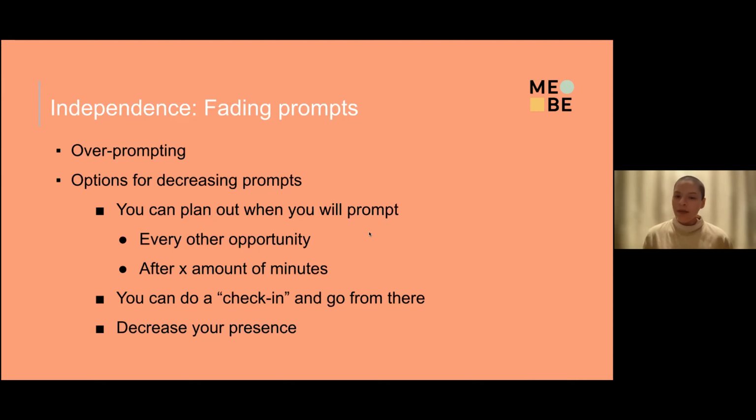And then decreasing your presence. I think in the end, the goal for everyone is for your child to develop these peer and sibling relationships on their own, being able to play together on their own. So really think about your presence as well, how you can decrease that, which I know can be a little difficult, maybe a little tricky, but I think it definitely is important to give them those moments to be alone and work through some things together.